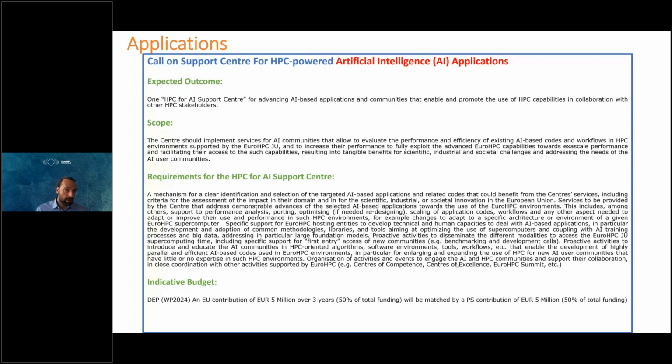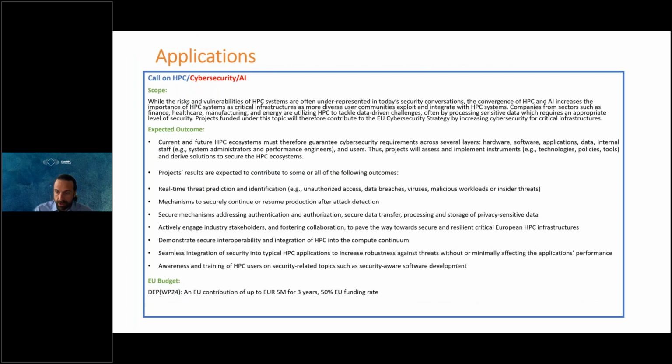We also received requests to include activities in the area of HPC and cybersecurity. This will also involve almost certainly a certain amount of artificial intelligence technology. This is at a very early stage, and we are currently planning to launch discussions with our relevant communities to better understand how we best set the priorities here, whether this should aim